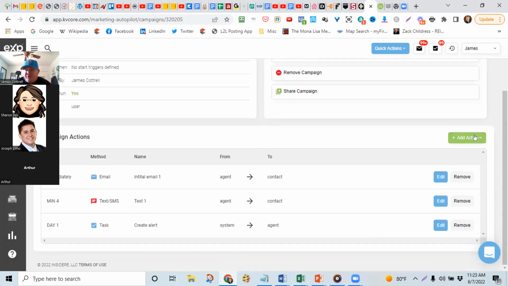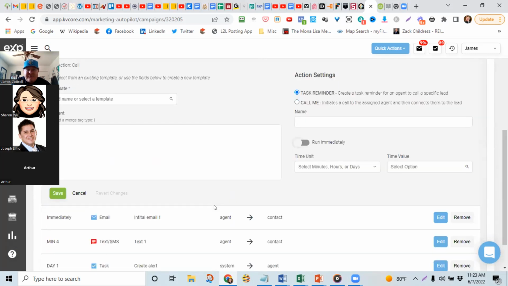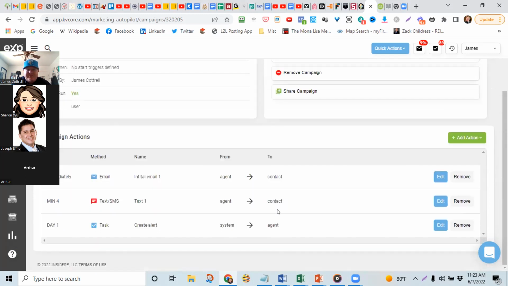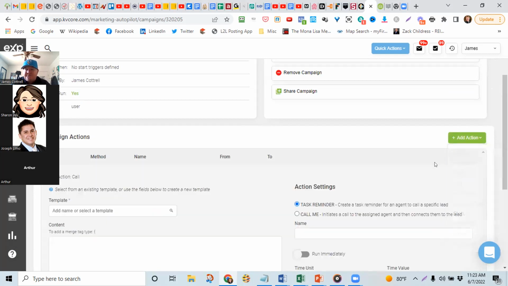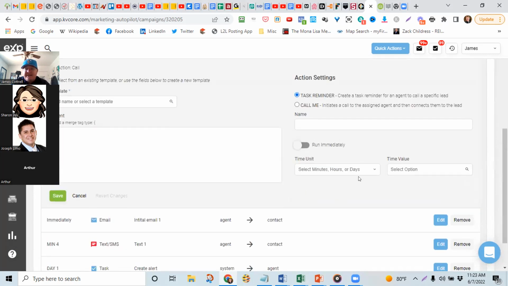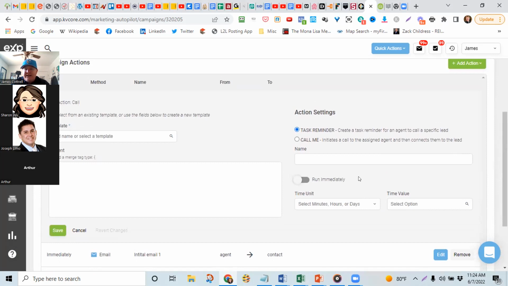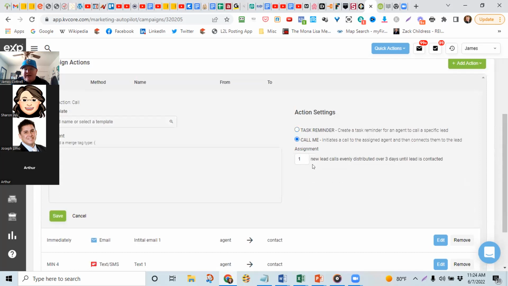So you can see here, you can go through and build out your own smart campaigns. If you have the voicemail option for the voicemail drop, you can add that in there. You can add a call again for you to call the individual. So these are some things too. And the awesome thing is if you're working on a team or you have some type of an assistant, if you assign the task, you can set up different things like, look, this one will actually call me.